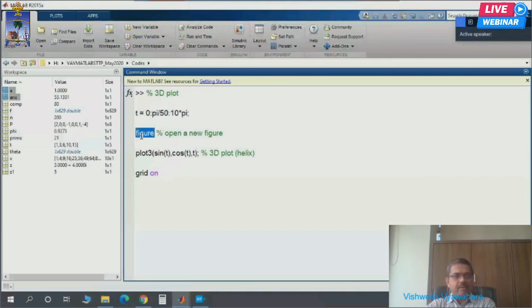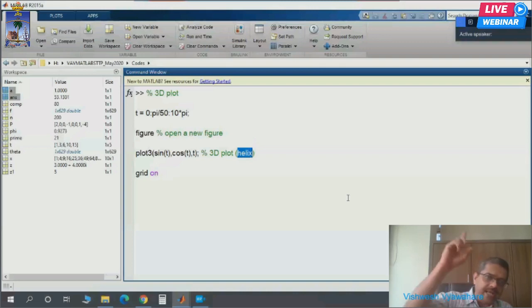This figure command will open a new figure, and then I have sin t and cos t versus t. This is the 3D plot. It is going to give me a helix, the parametric equation for a helix. So t will be on the x-axis, on the y-axis will be sin t, and on the z-axis will be cos t, and MATLAB will plot all these triple points, 3D points, sin t, cos t, and t.